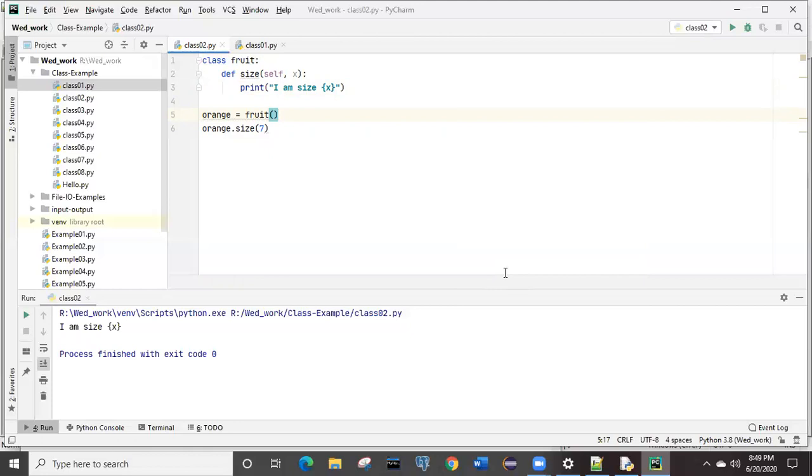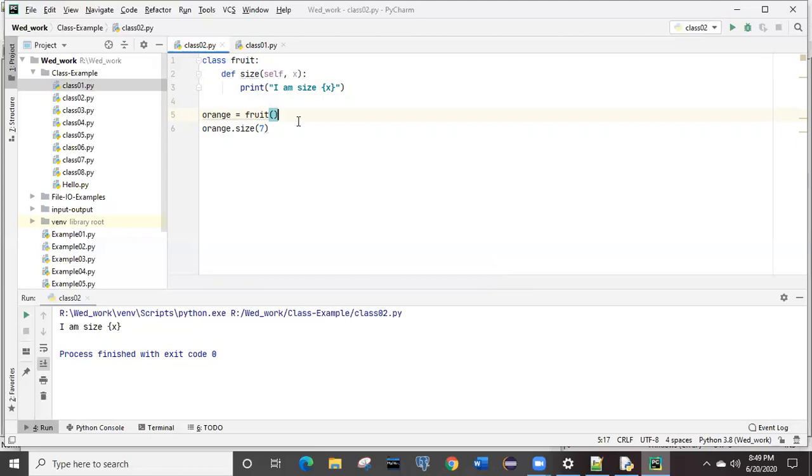What you are seeing now in the output console of this class 02 example, on the size, it is saying "I am size X". It is simply printing the content which is present inside X, but it is not detecting the value 7 I have passed.